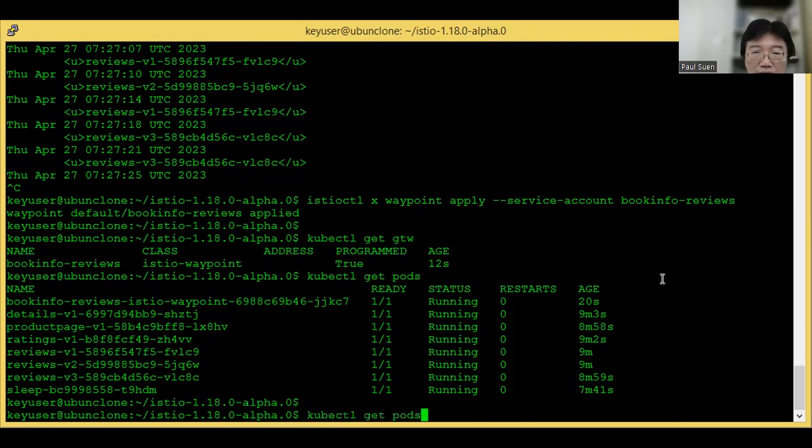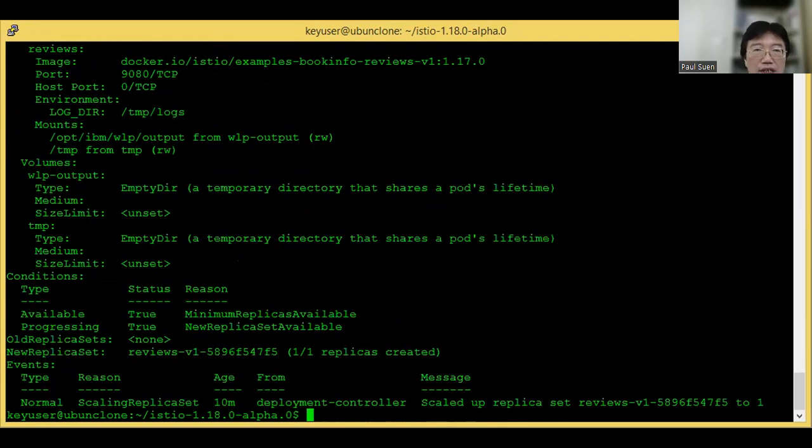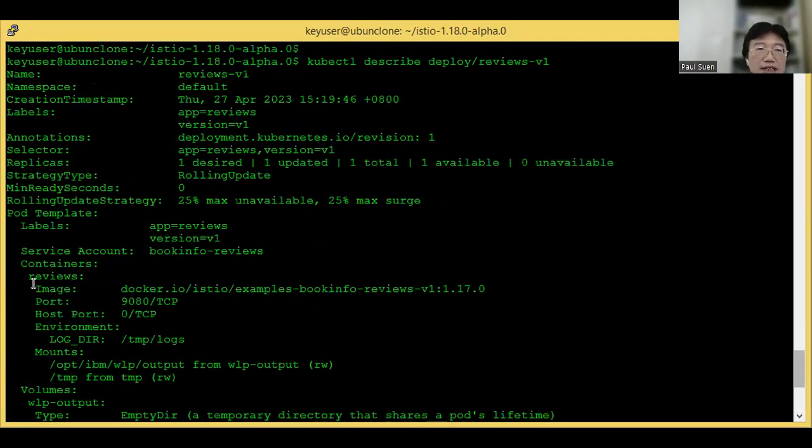So we can describe the deploy. For version 1, you can see the deployed manifest has already configured the service account to be bookinfo-reviews for the reviews pods.